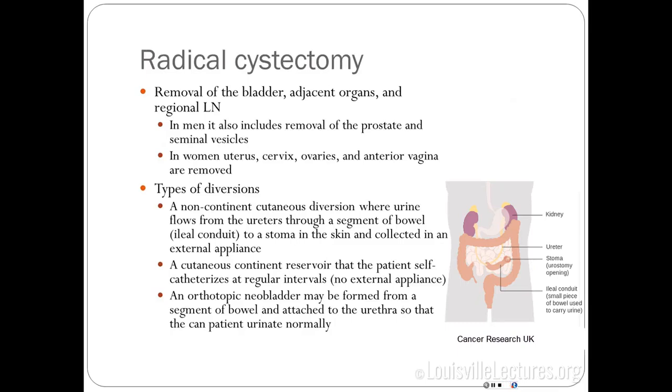Okay. So a radical cystectomy, you can see here, described in men and women, what it entails, and it's a big surgery. It's major abdominal surgery. And then the second issue becomes, well, what do we do in terms of creating a urinary diversion? There's 3 different types. There's a non-continent cutaneous diversion, which is essentially they bring a loop of bowel connected to the ureters, and they bring it to a stoma to the skin, and then you have an external appliance, a bag that collects the urine. Secondly, you have a